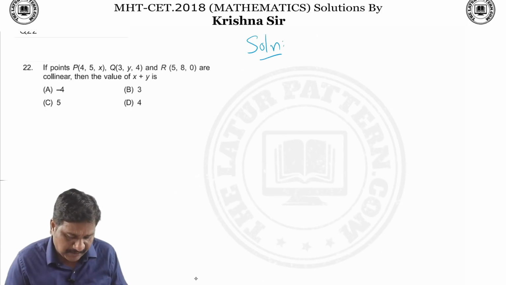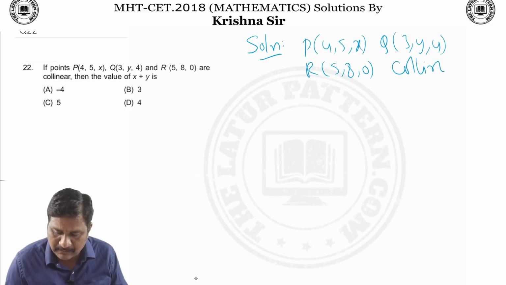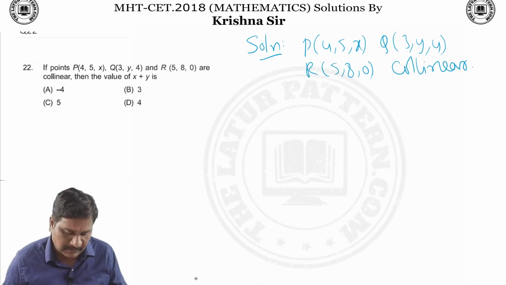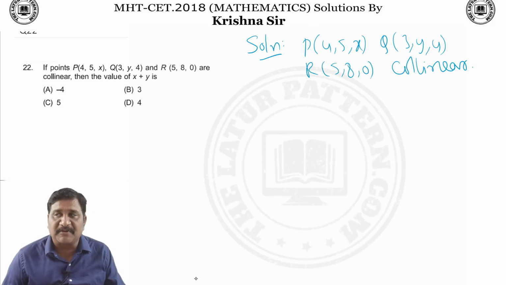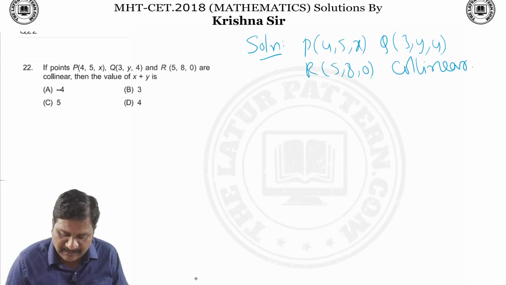If the points P (4, 5, x), Q (3, y, 4), and R (5, 8, 0) are collinear, then find the value of x plus y. So here P, Q, R are collinear. Now we are finding by DRs. The DRs of PQ,